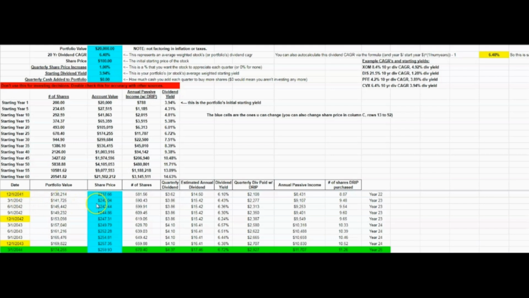What would my portfolio value be? What would the share price be? How many shares would I have? How does the quarterly dividend grow? Or annual dividend, really. But this shows you, for example, that it stays the same until they go to their